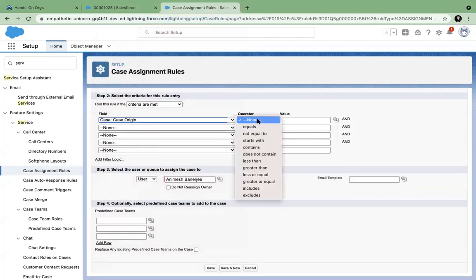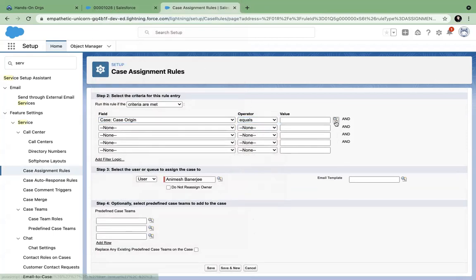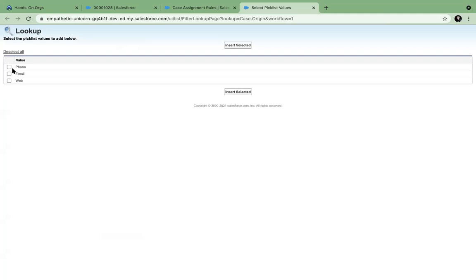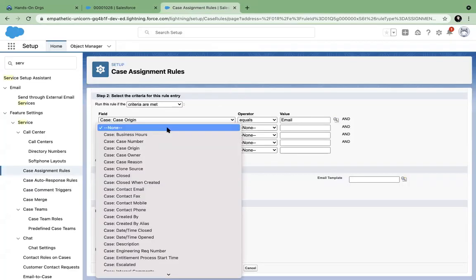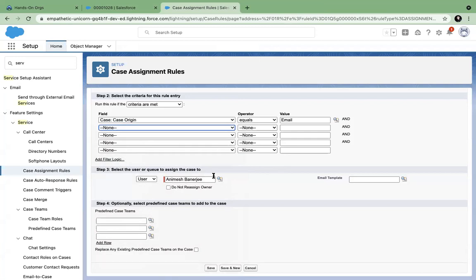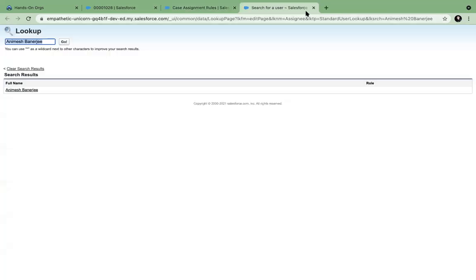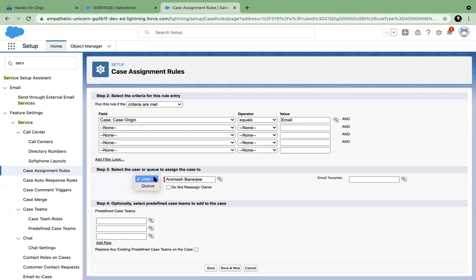If the case origin equals email, I will assign this to this user ideally, or you can also assign it to a queue, as we talked about. Queue means a collection of people. That you can do, and you can hit save.